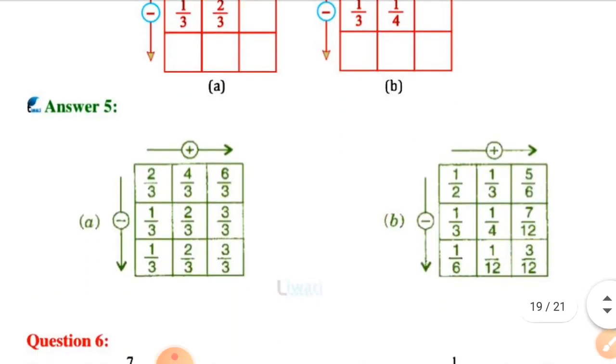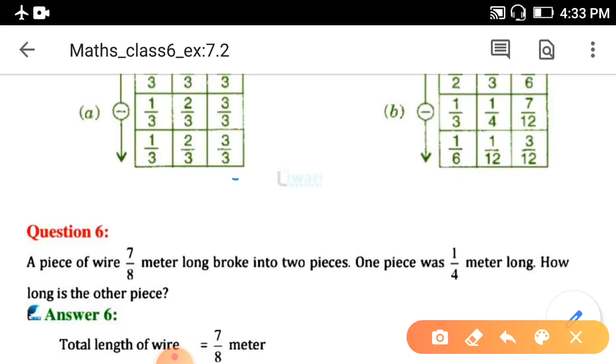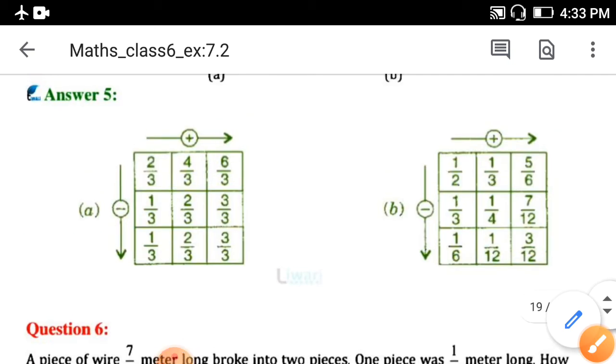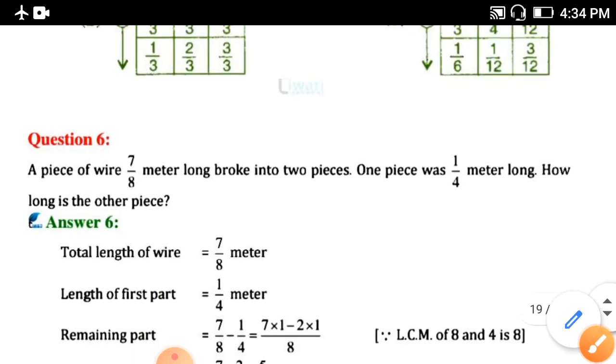Okay, and next thing, you will think how you got this box answer. So here you can add these two things because horizontally you are adding. Okay, after subtracting the first two fractions and these two fractions, you will get two answers here. At last you have to add them, so you will get the answer here. Same thing you have to repeat here.